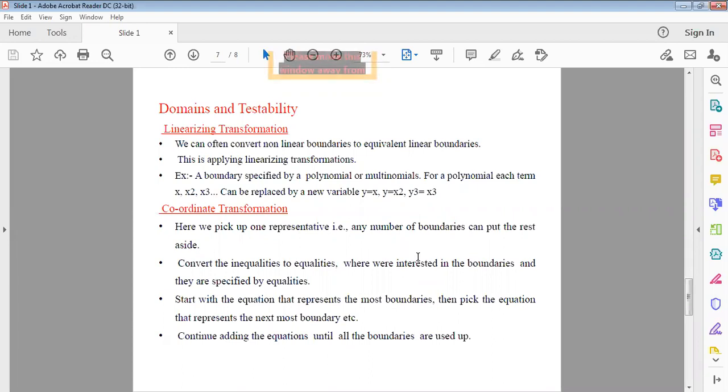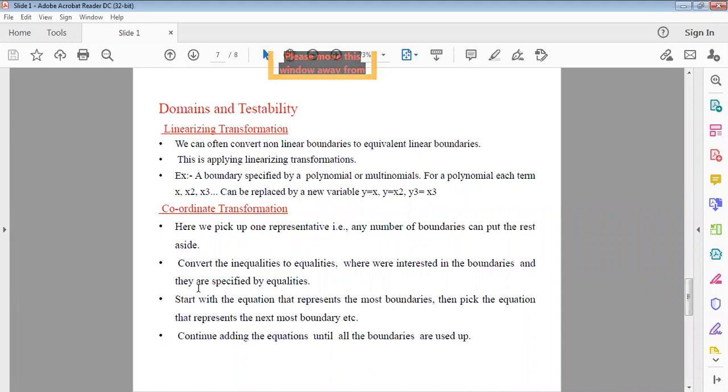So coordinate means we will have x coordinate and y coordinate. Based upon those coordinates, we will transform into the coordinate form. Here the number of boundaries can be put up to the test. So we will take different equalities and perform on each